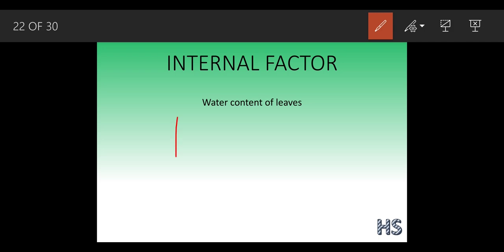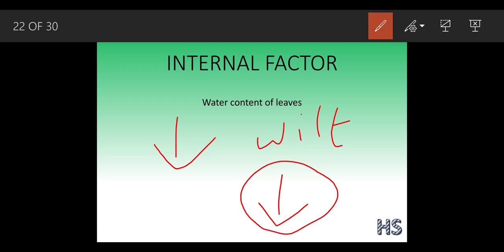when there is insufficient water inside the leaf, the plants will wilt, and due to this the rate of transpiration will reduce. See, plants can't lose much water. If they lose much water, they will die. So that is why the rate of transpiration reduces when the absorption level is very low.